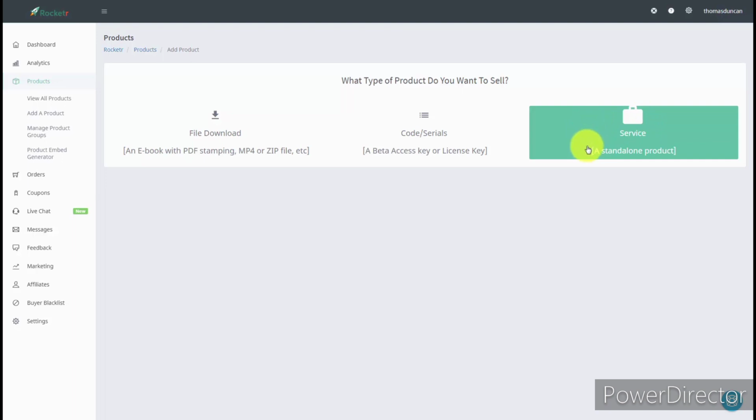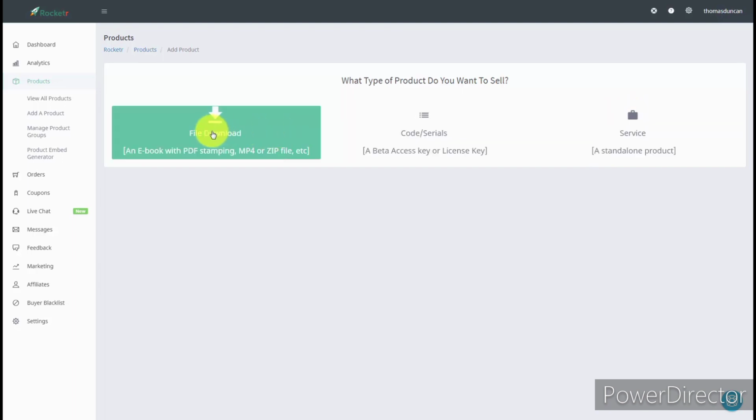Now, if you want to deliver people to a page where they're going to get everything that you have to offer them, you're going to deliver them using the email. You can actually do that easily through the service button. But if you want to give them a download also, as well as a URL, you are going to be able to give them the download in the purchase process and then send them an email subsequently